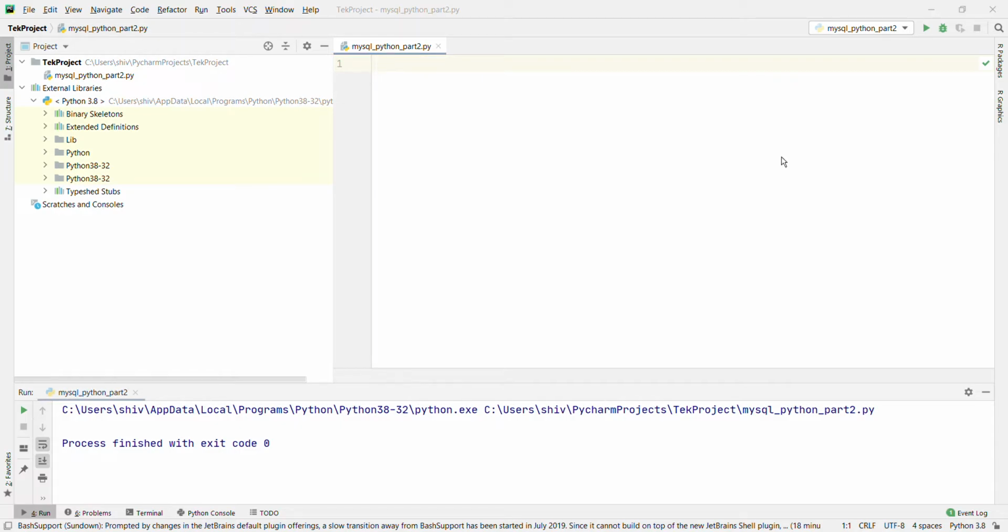Before starting, we are going to import mysql.connector.